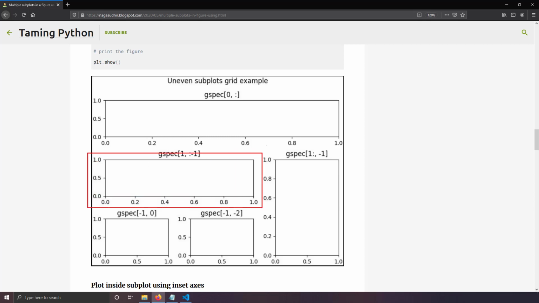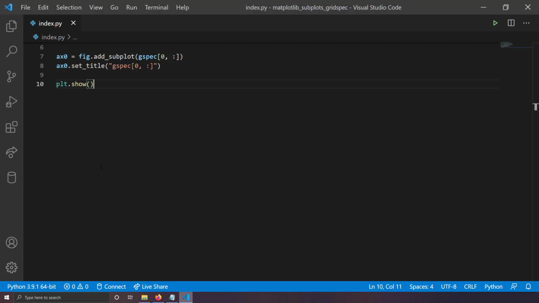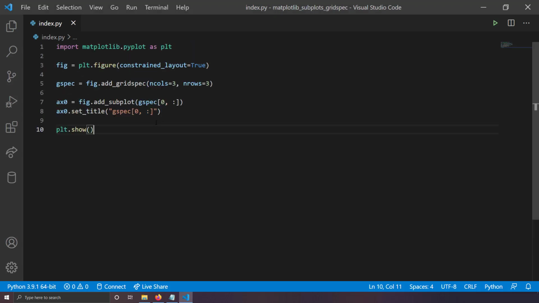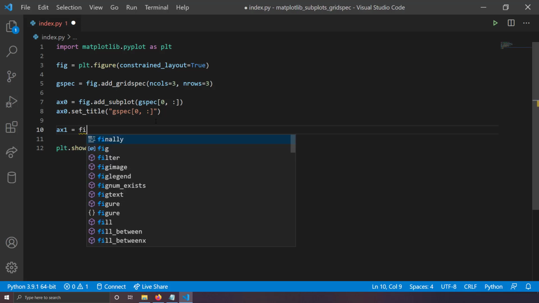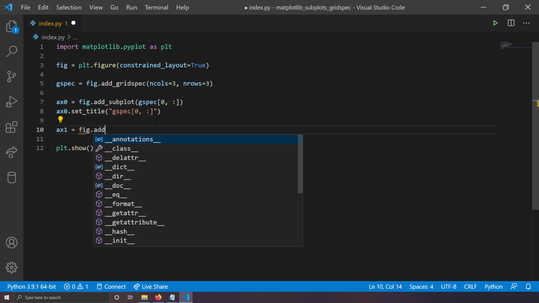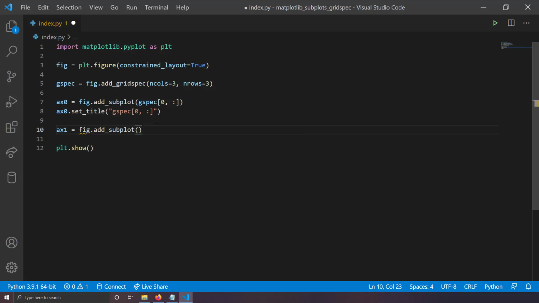How to create this one? You will use the second row, that means index 1, and you will use the first two columns, right? So let me try to reproduce that again. First I'll create the axis handle ax1 equal to figure.add_subplot, and here I'm going to tell the gspec, right?